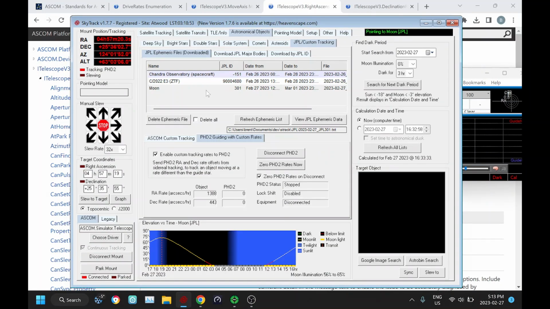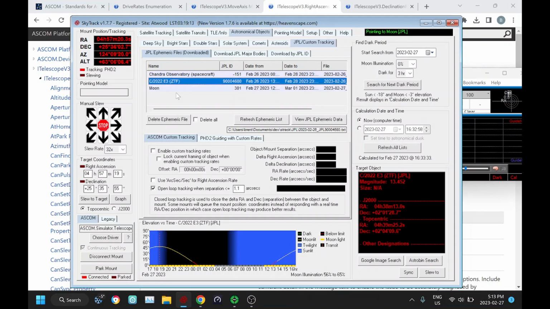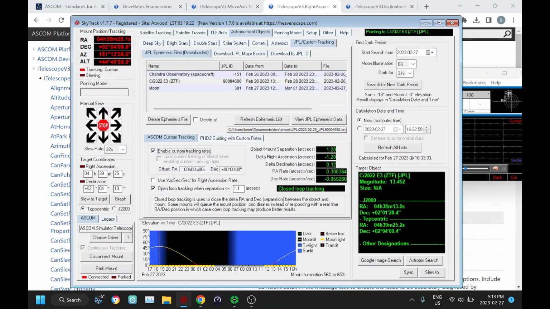One thing I'm going to quickly mention, though, because I haven't done very many videos because I haven't had a lot of clear skies lately, but a couple of releases ago there was this new feature for lock current framing, and what that is normally, let's go to our comet again. So if I slew to the comet and I enable custom tracking rates, what it's going to be doing again, this is